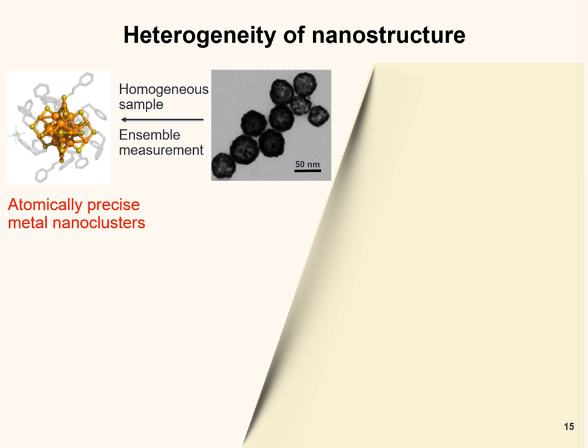However, if we're talking about nanoparticles which support plasmonics, for example, here is a TEM image of gold nanoparticles. We find their size is slightly different. Their shape is slightly different, and also their surface environment conditions are slightly different. By doing that, when we are collecting ensemble measurements, we are collecting the average signal of all these nanoparticles, which is not accurate.